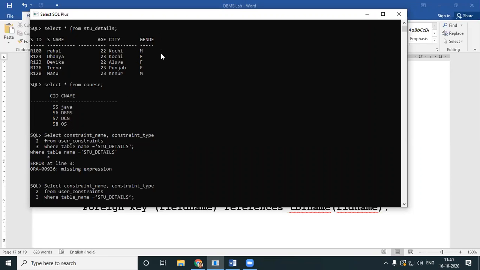So I will first have to add an extra column over here called CID, because I can connect only with the primary key. I can never connect with CNAME because CNAME is not the primary key. CID is the primary key. So I will first add an extra column in STU details called CID.